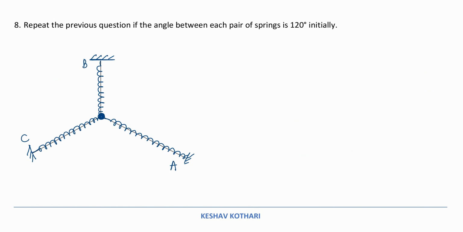So over here what we will be doing is displacing this particular block by a distance x in this direction, that is towards C, and as a result this spring system will take the form like this. So springs A and B will undergo elongation in this particular direction. I need to first find out the elongation produced in B and A respectively, because the compression in C is directly x.